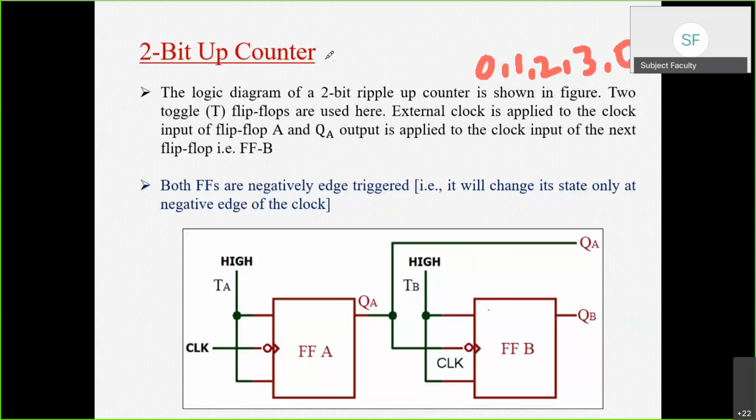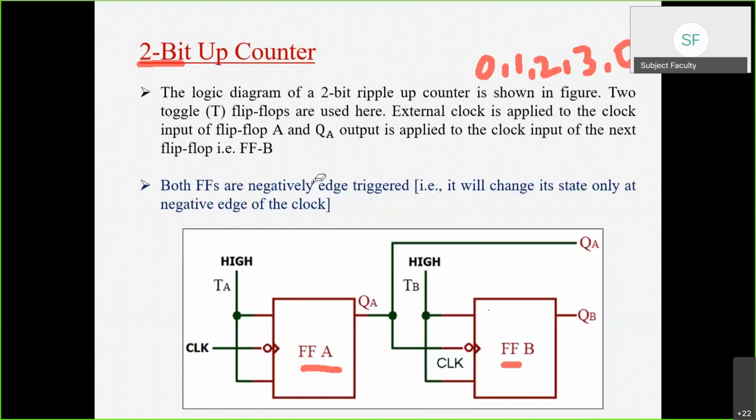Okay. And again, since it is 2-bit, how many flip-flops will it use? You can observe here only 2. If there is 3-bit, then there will be 3 flip-flops used. If there is 4-bit, then 4, 5-bit, then 5, and so on. And since it is an up counter, it will count in the upward direction. If it were a downward counter, it might have started from 3 2 1 0, then again 3 2 1 0, like that.